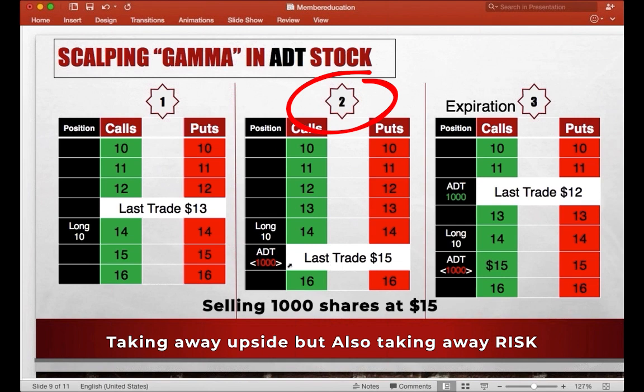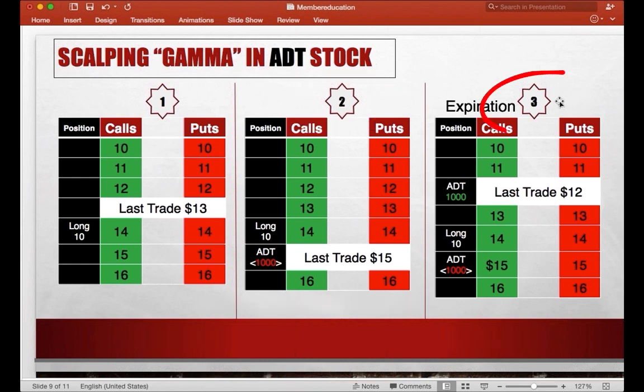So what you can do is you can sell 1,000 shares at 15. Now, if this stock goes to 20, you don't care. You're done because you're long 1,000 at 14 and you're short 1,000 at 15. Okay? So just let those expire. You just made $1,000 less whatever you paid for it. You're done. Now in 3, and let's call this expiration, if this same stock now drops down to 12,